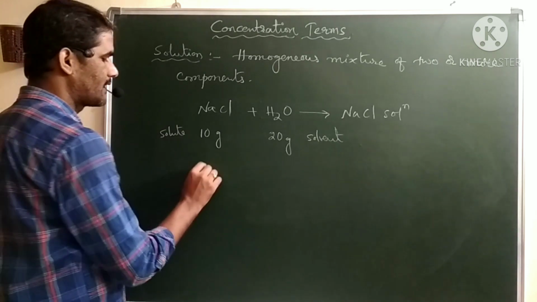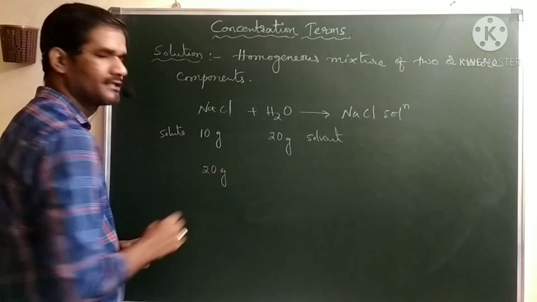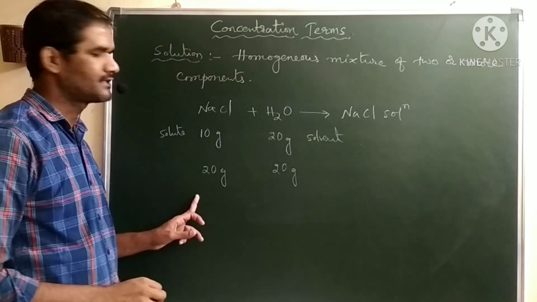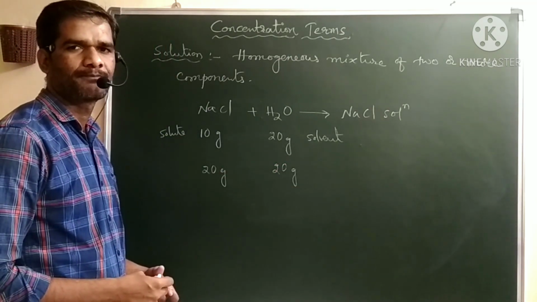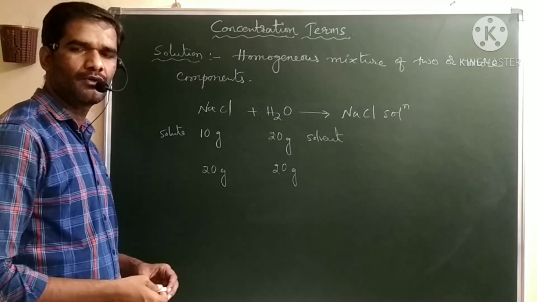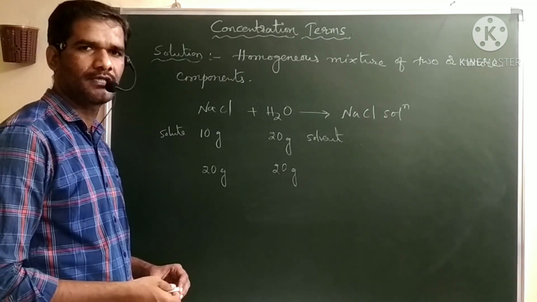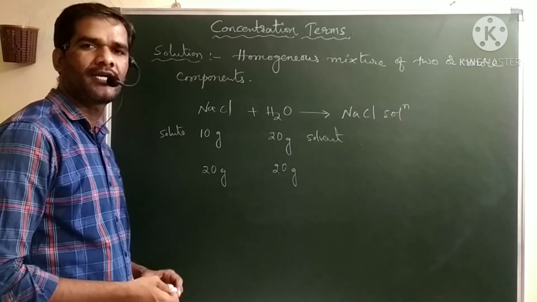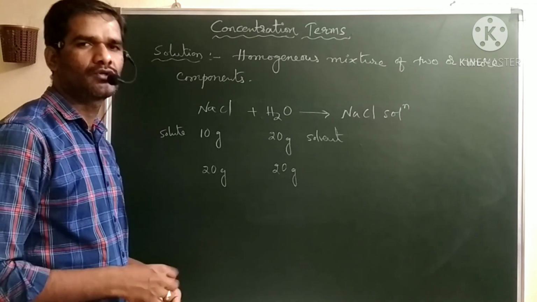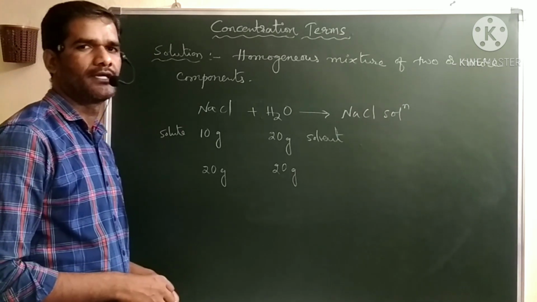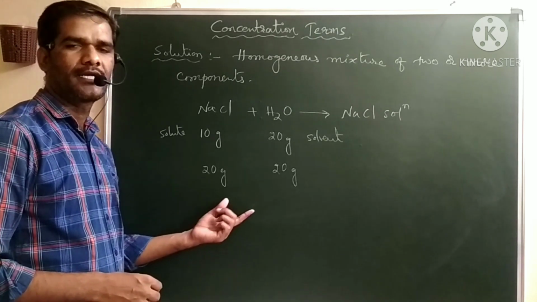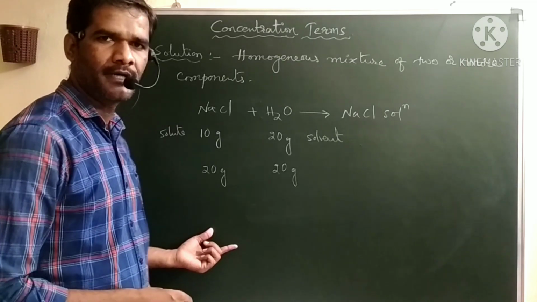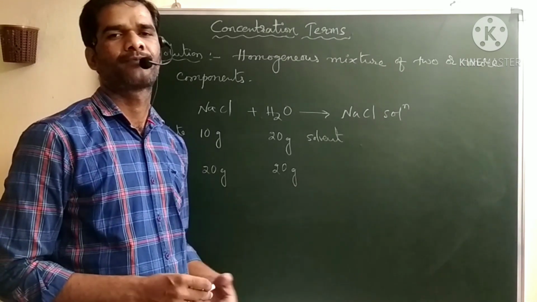Next case. Now I will add 20 grams of NaCl to 20 grams of water. In this case, what is the solute and what is the solvent? We have the definition that which is lesser in quantity is the solute. But here both are equal in quantity. Then which one do we consider as the solute and which as the solvent? So in this case, I gave one more definition: for the solvent, the substance or component which retains its physical state is the solvent.